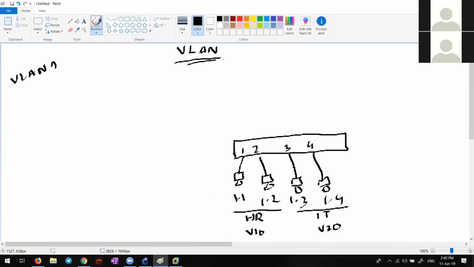How do you create them? You might have studied it in your NA classes. VLAN 10, 20, create it and exit. Then these two interfaces should be assigned under VLAN 10. How do you do that? Interface range E0/1 and E0/2, then switchport mode access, VLAN 10. In the same way, give 20 for the two devices on the right side. Once that is done, will they be able to communicate with each other? Like 1.1, can it communicate to 1.3 in any way?